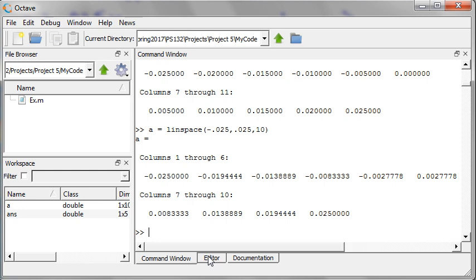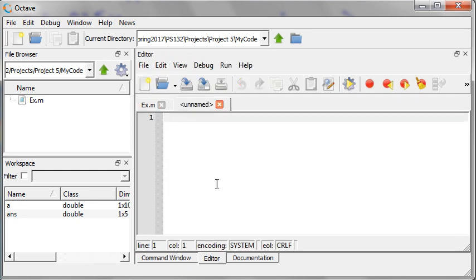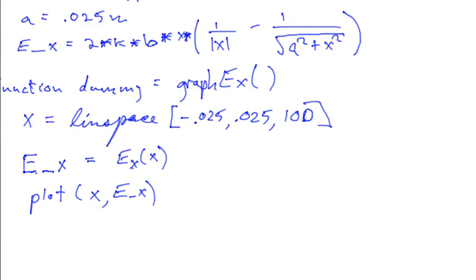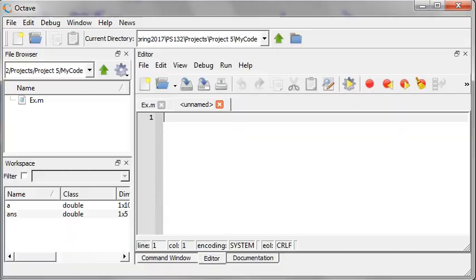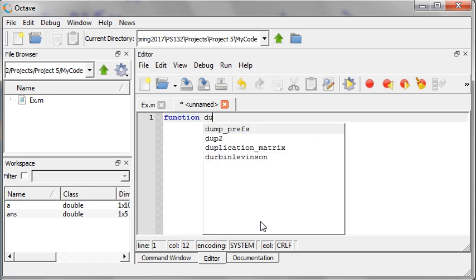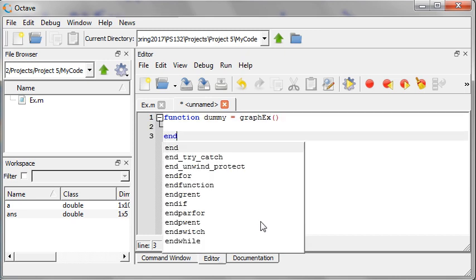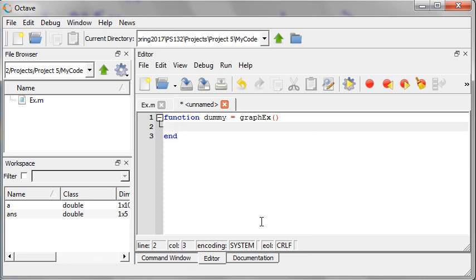Alright, let's try. I'll go to the editor. I'm going to try a new function, and let's see what I had in mind here. Function dummy graph EX of stuff. No return variable, so I'll call the return variable dummy. I'm not really returning anything. And this is graph EX, and I think it took no arguments. I go end. I have to hit enter for that. And then